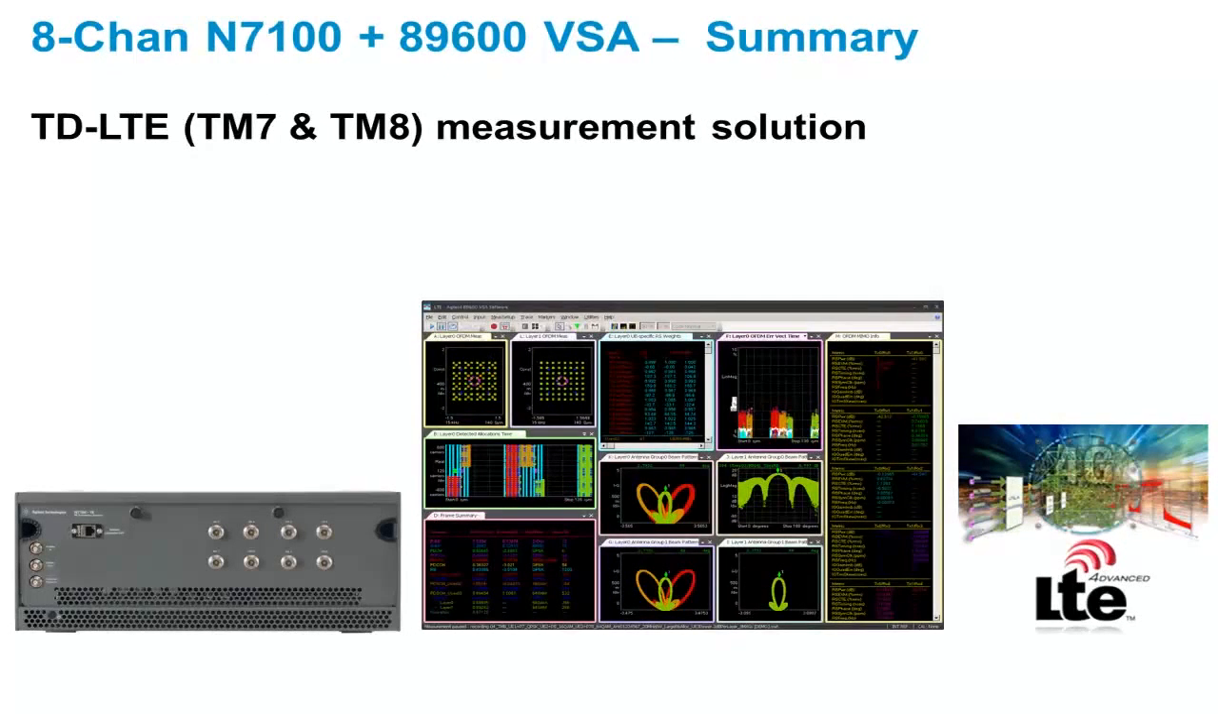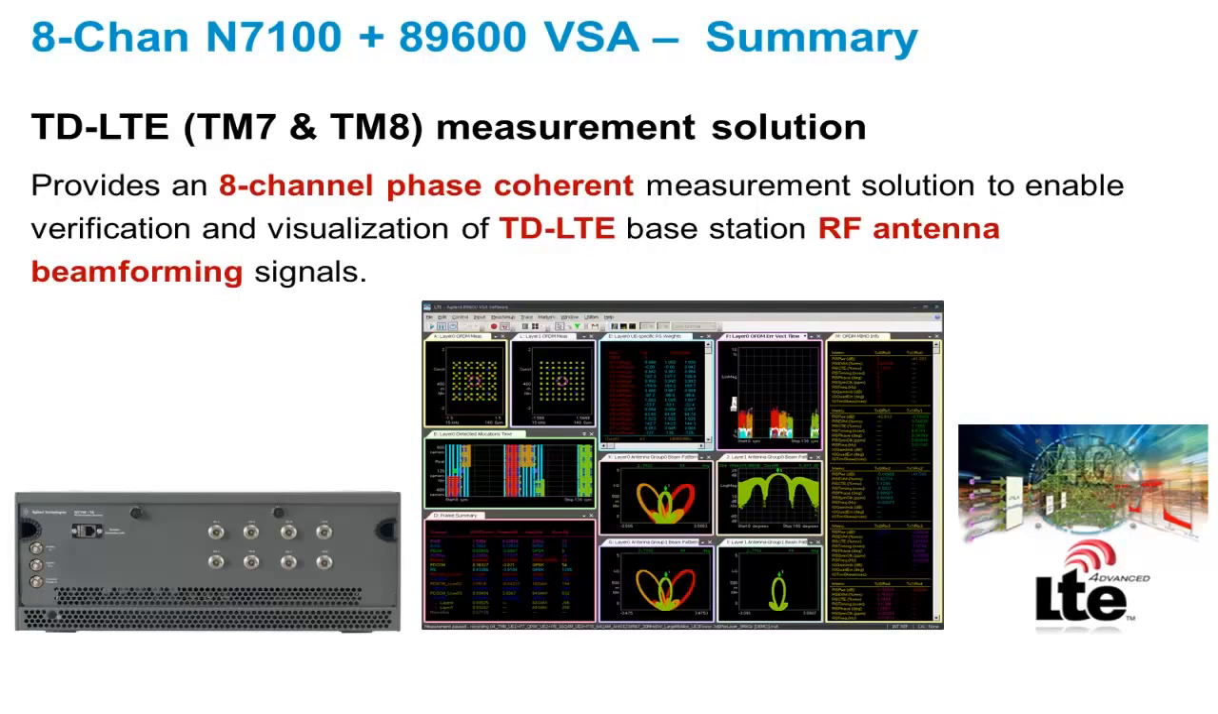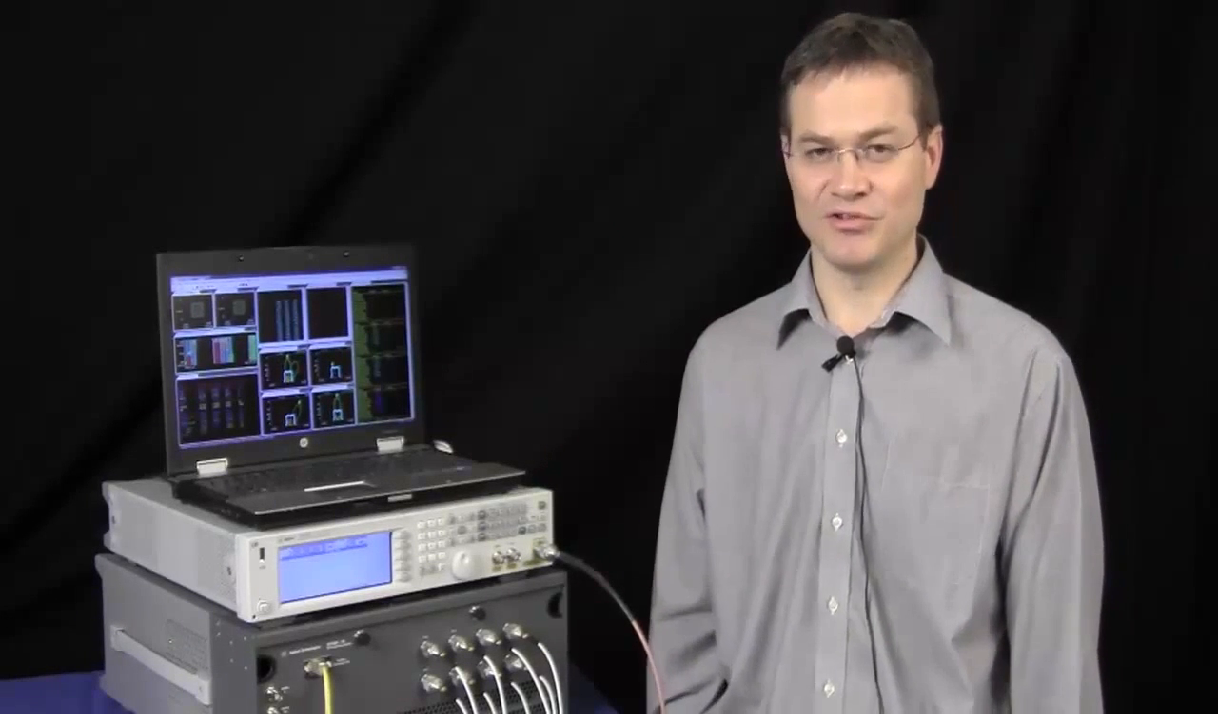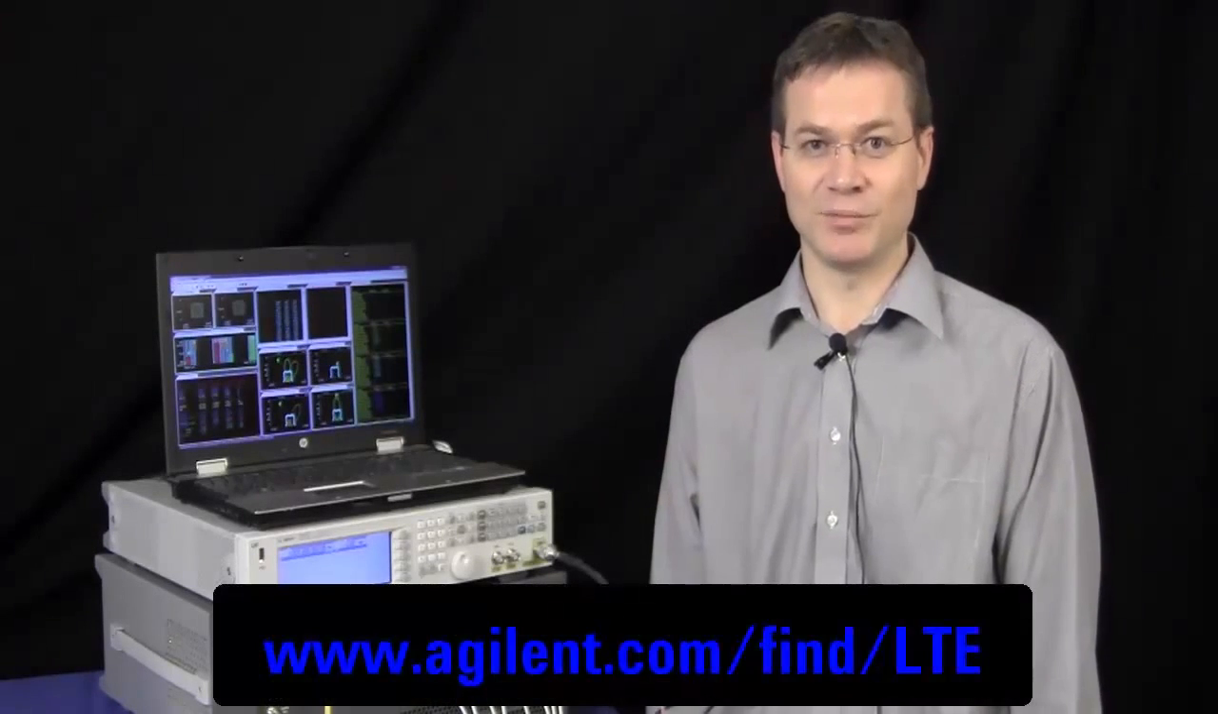In summary, the Agilent N7109A multi-channel signal analysis solution, along with the 89600 VSA software installed with TD-LTE measurement application, provides an 8-channel phase-coherent measurement solution to enable verification of your beamforming signals. Today's demonstration has shown the power of Agilent's measurement solution to help you visualize your RF antenna beamforming signals for